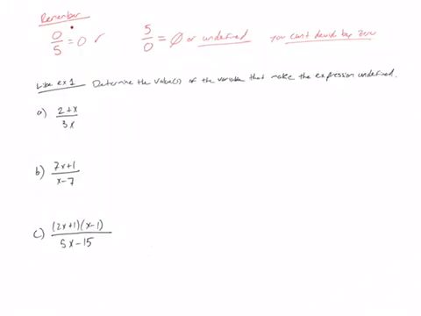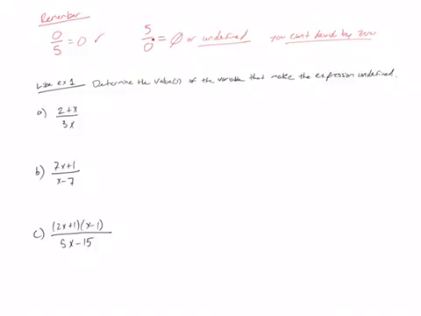If you have 0 cookies and you want to share it amongst your 5 friends, notice that each person would get 0. It's a little bit of a silly question, but it does make sense, right? Each of your 5 friends would get no cookies because you have no cookies to share. Okay? What does not make sense is if you have 5 cookies and you're going to share it amongst 0 friends. Well,